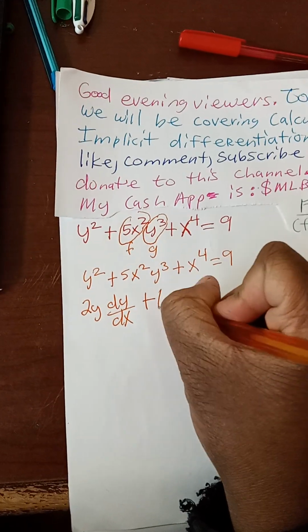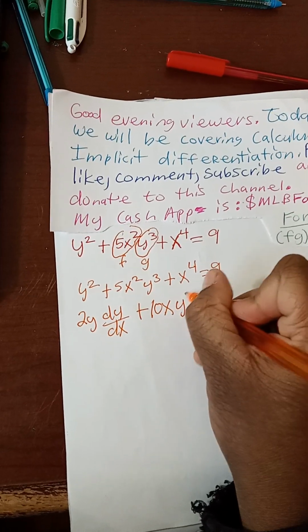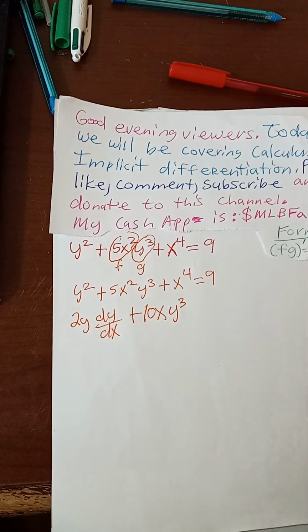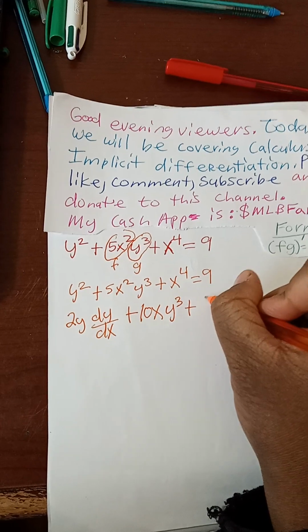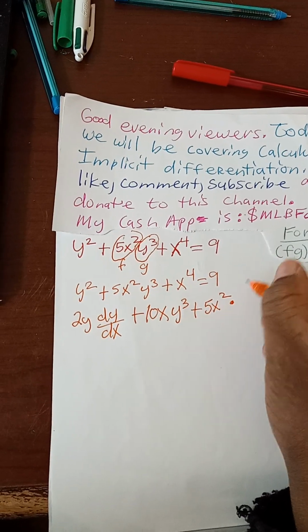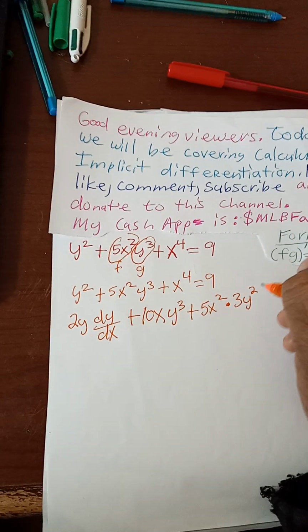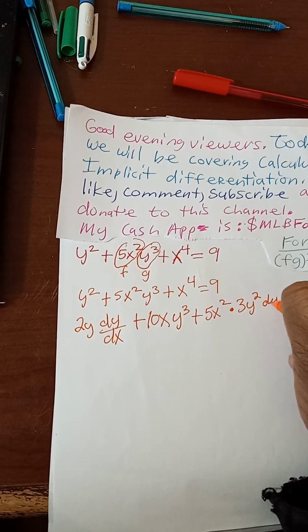So 10x and then times g, which is y cubed, plus f, which is 5x squared, and then times g prime, which is 3y squared, dy divided by dx,